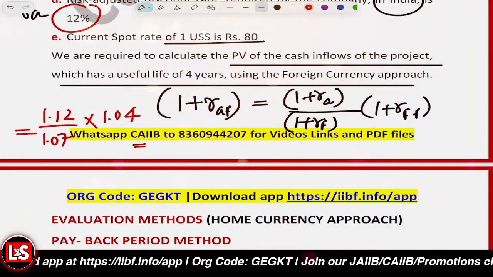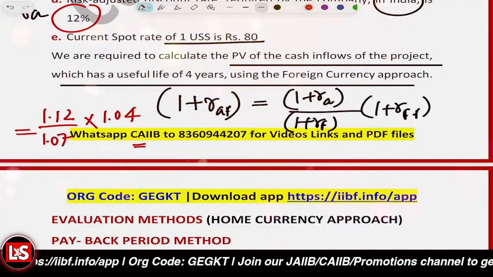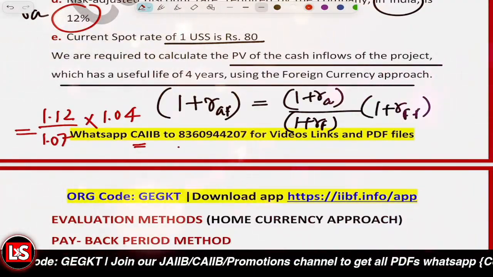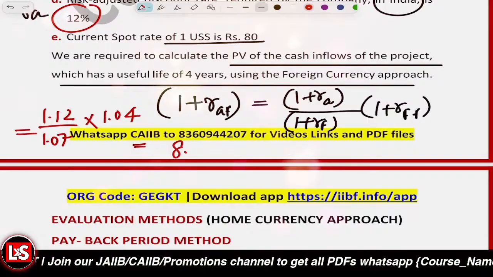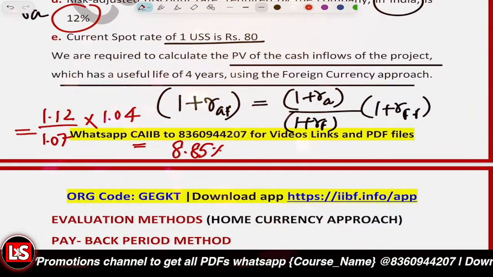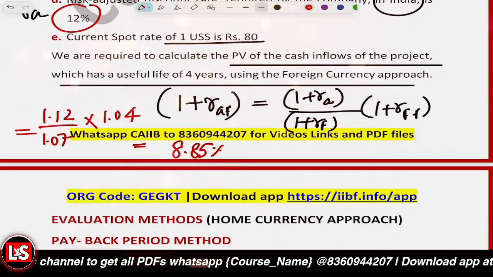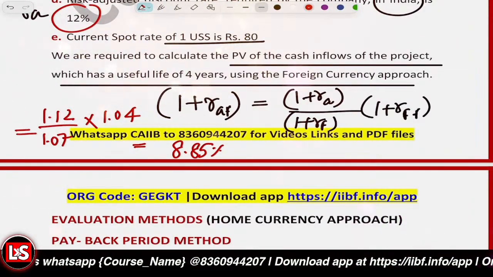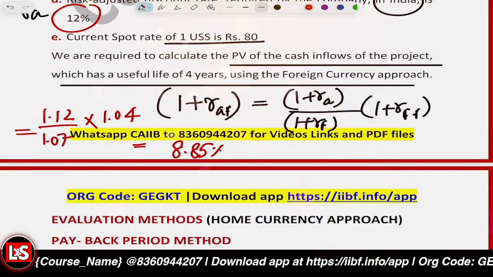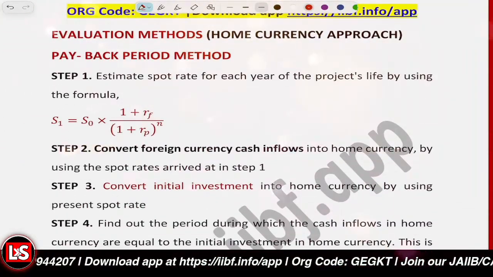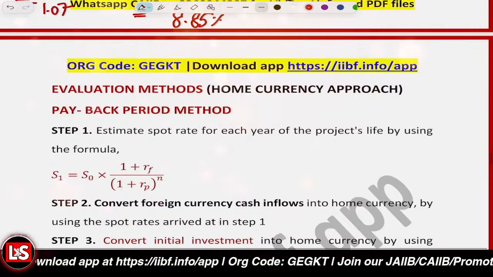1.088. And further, when we subtract 1 from it, it will be 0.088. And when we convert it into a percentage, it comes out to be 8.85%. That's the foreign currency risk adjusted discount rate. Now, once we have calculated this particular rate,